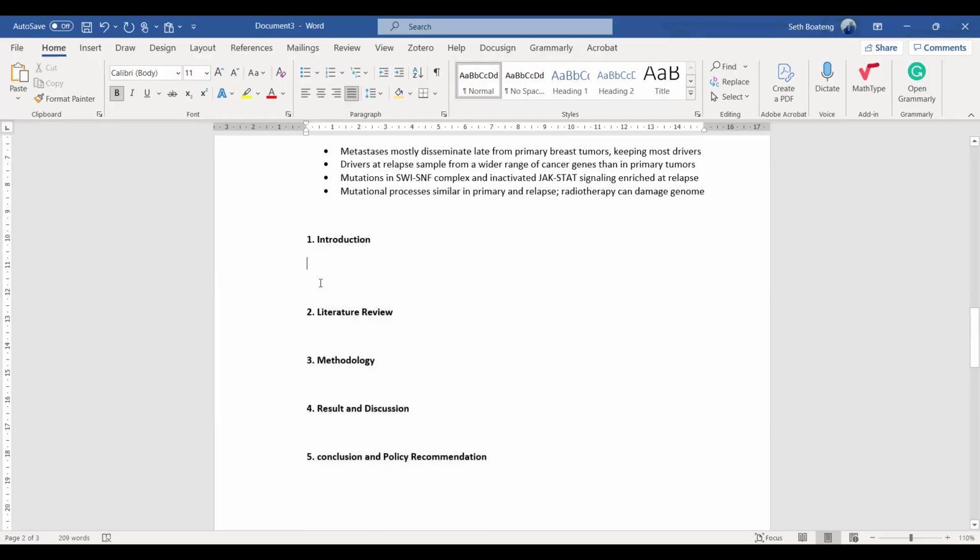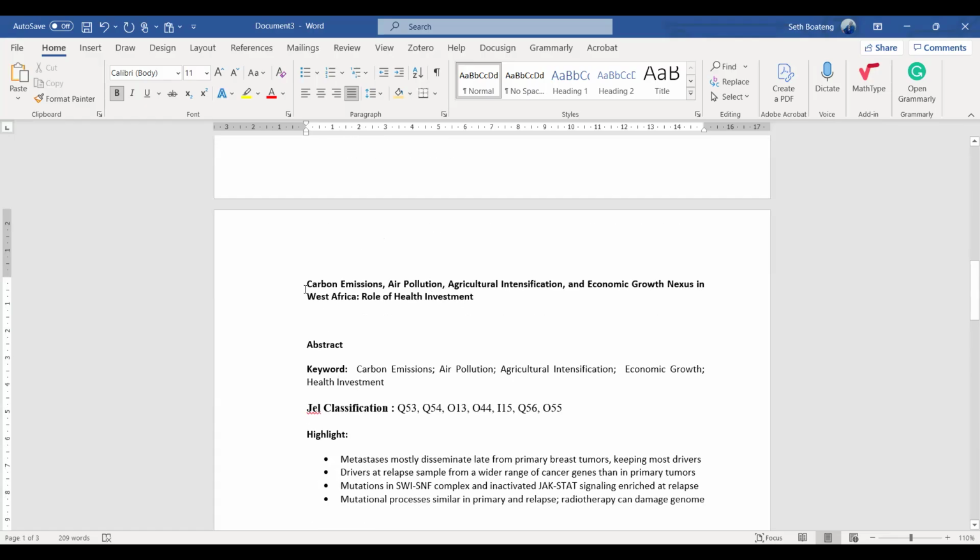In the introduction, you talk about the background, the problem of the study, and then the operationalization of your variables. For the background, we have something we call the funnel approach. Maybe this study is looking at environmental sustainability and economic growth in West Africa.